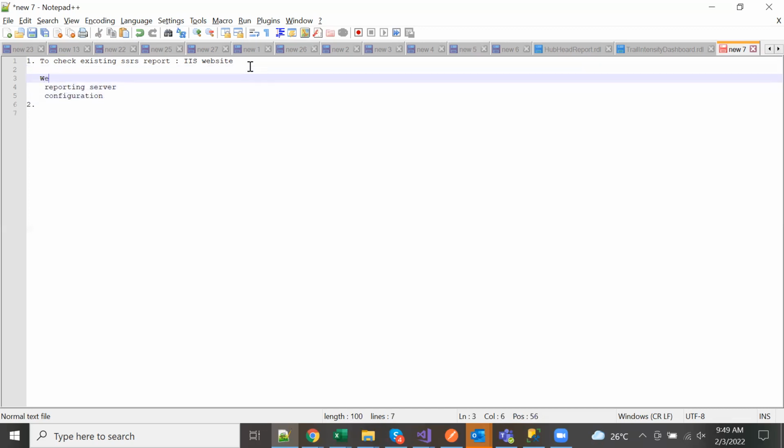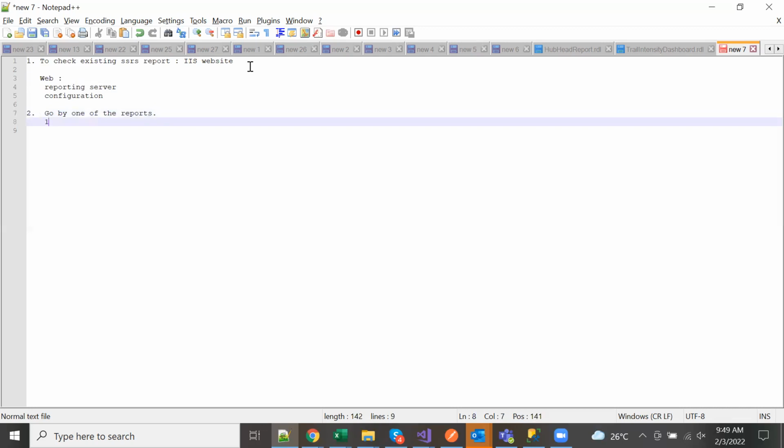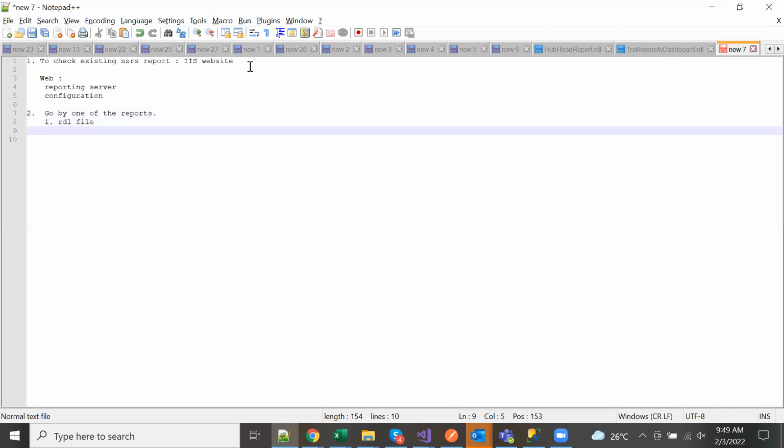Once we get to know about this, next we will identify one of the reports and look into this report. One, we will look into the RDL file, which is the complete definition of the report.